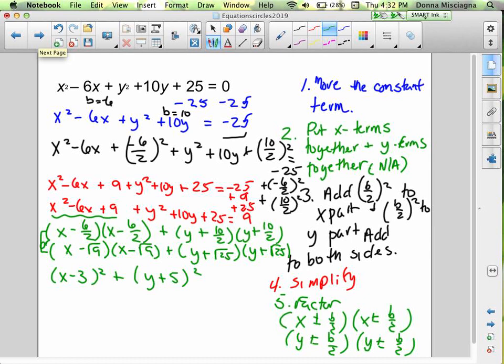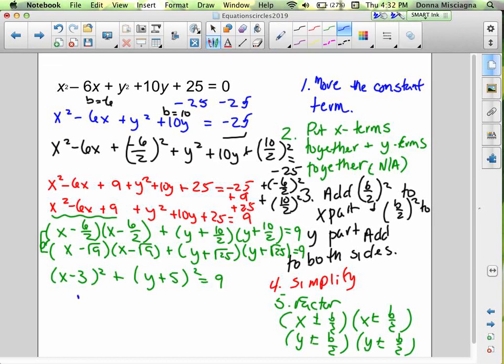And then on the other side, we lost the 9. I sometimes, for some reason, don't want to write the constant in there. We need to write that. Otherwise, we just have nothing. We have a point. Equals 9. So now that we have it simplified, we can actually identify the